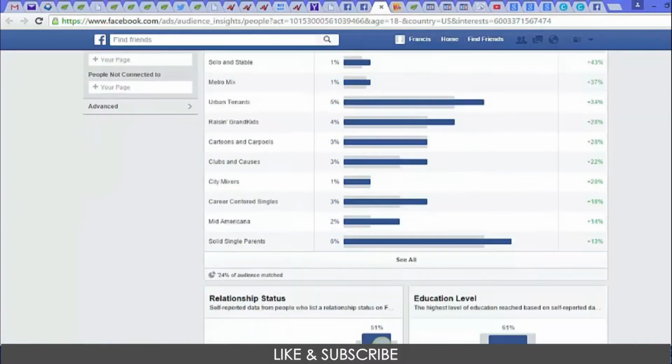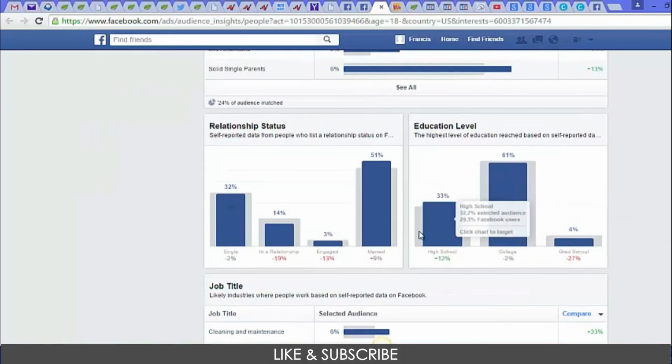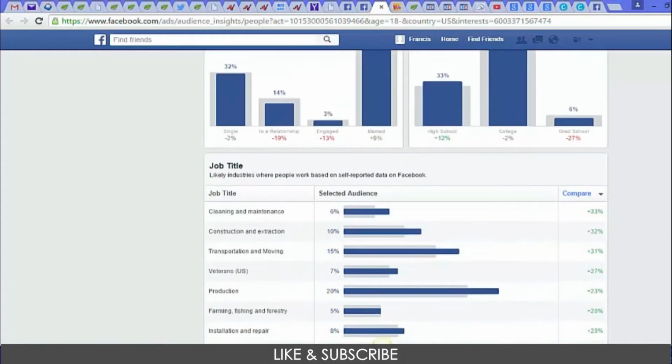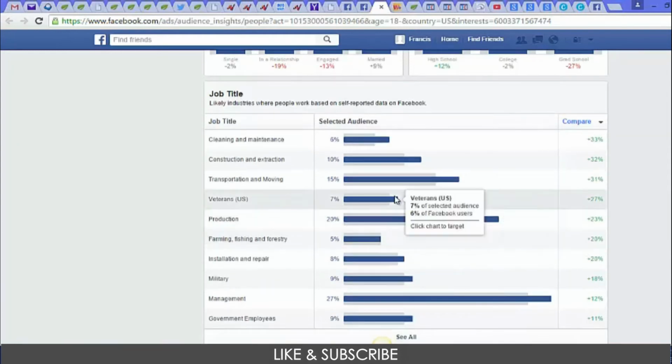Okay, so you could just keep going down: relationship status, education level. You see that 61% have some college education, and the job titles. You can see a lot of them are in management, production. Okay,